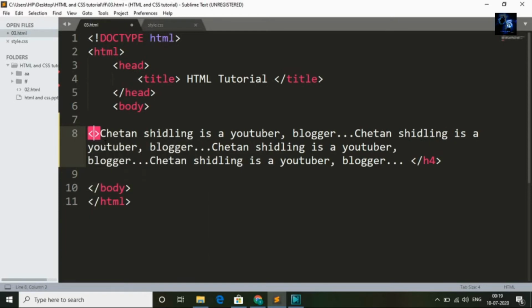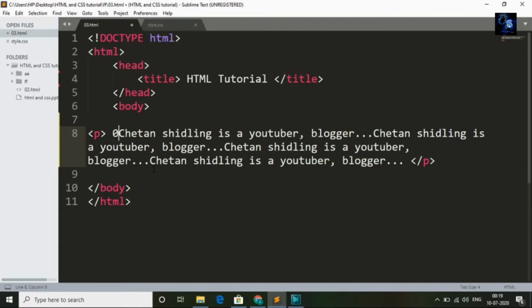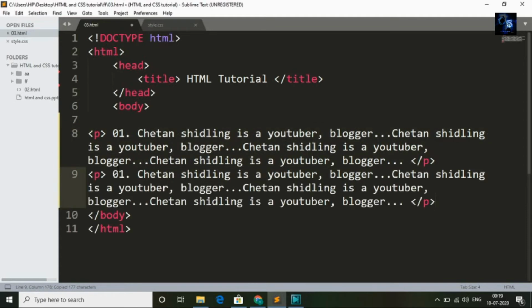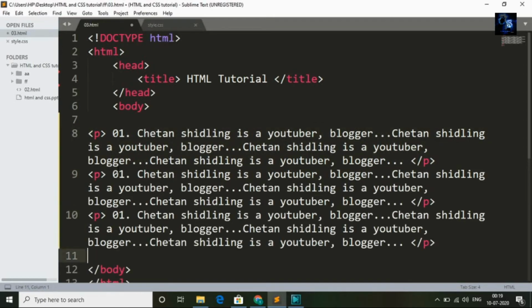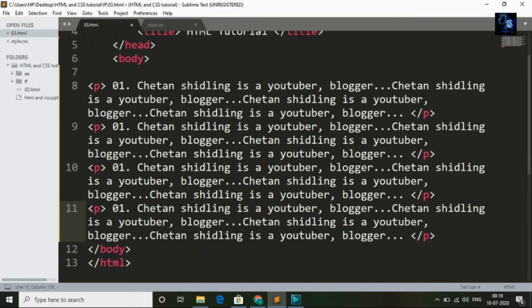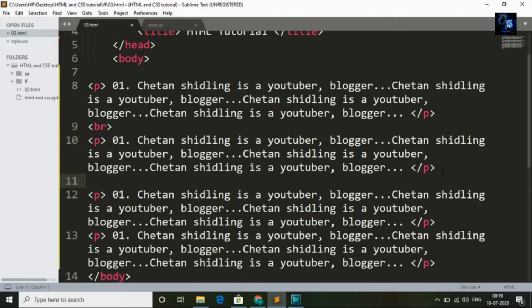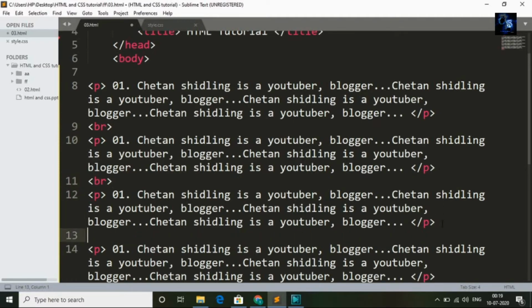I will use the p tag and here also p, and I will make this 01. I will copy this whole para and paste it here 4 times, and also I will add break tag br here and here also.